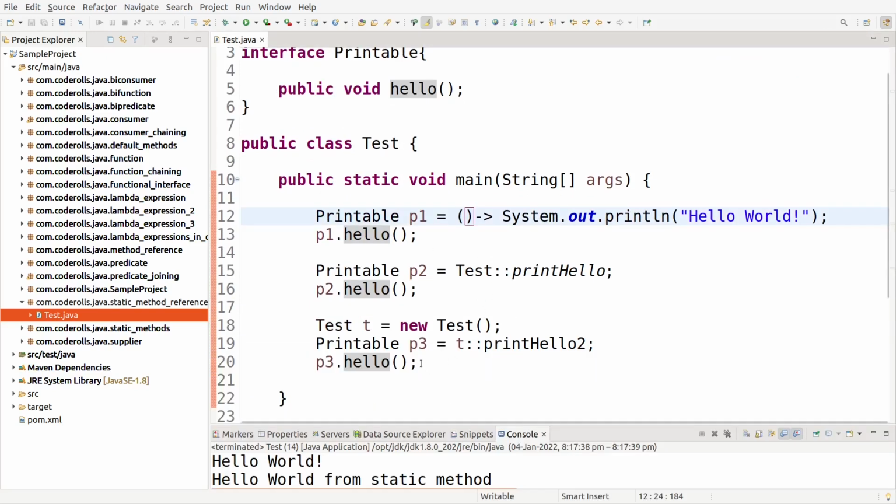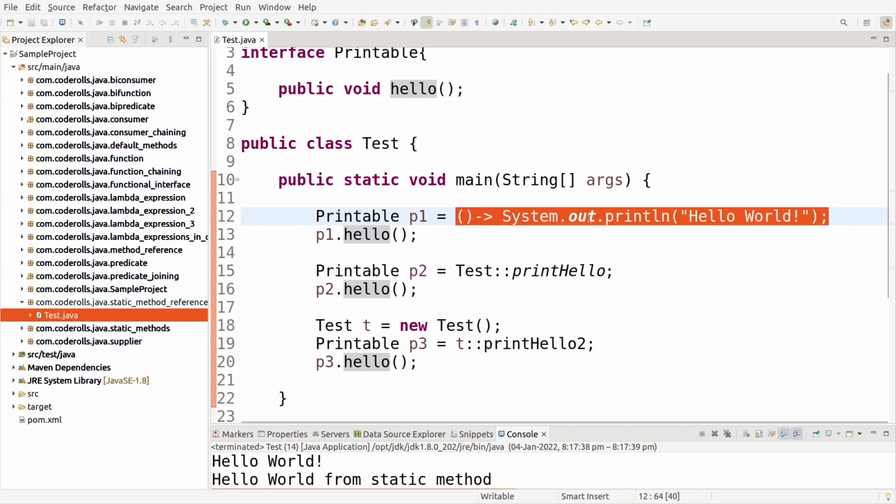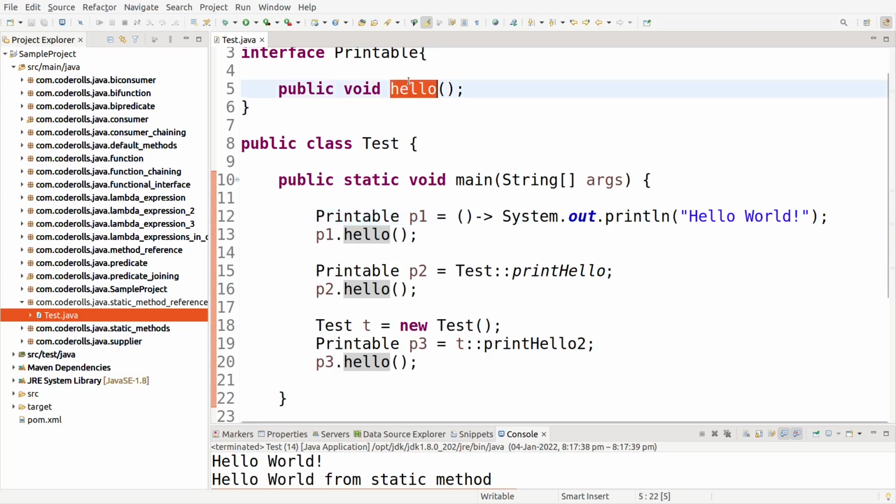Let's revise this example one time. In line numbers 12 and 13, I have used the lambda expression to write the implementation logic for the hello method, and it is a simple sysout statement, hello world.